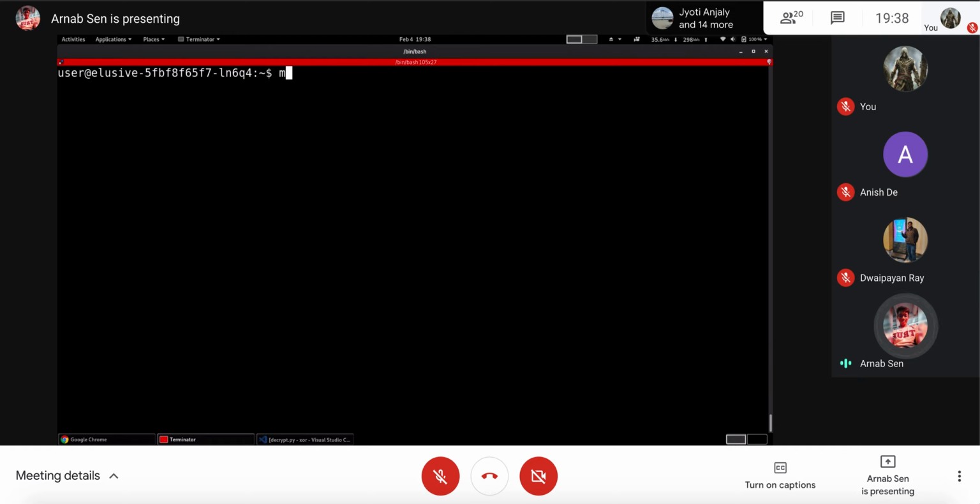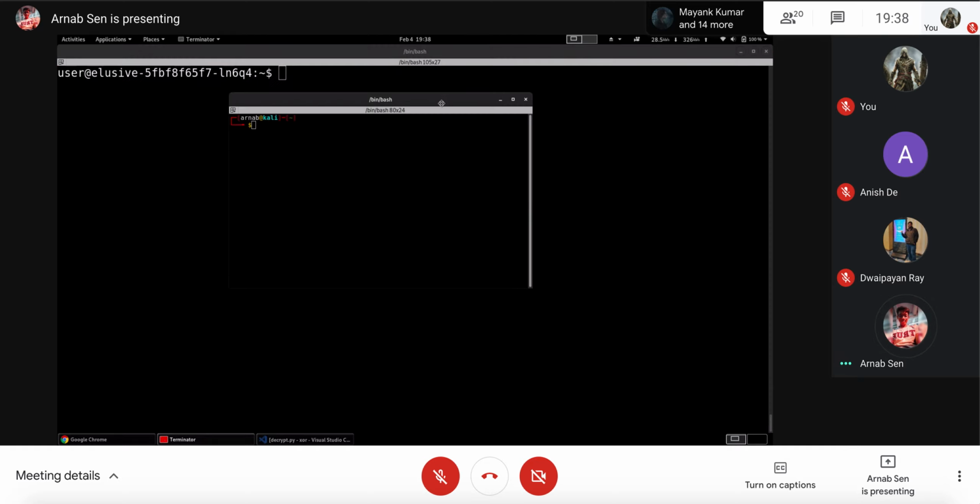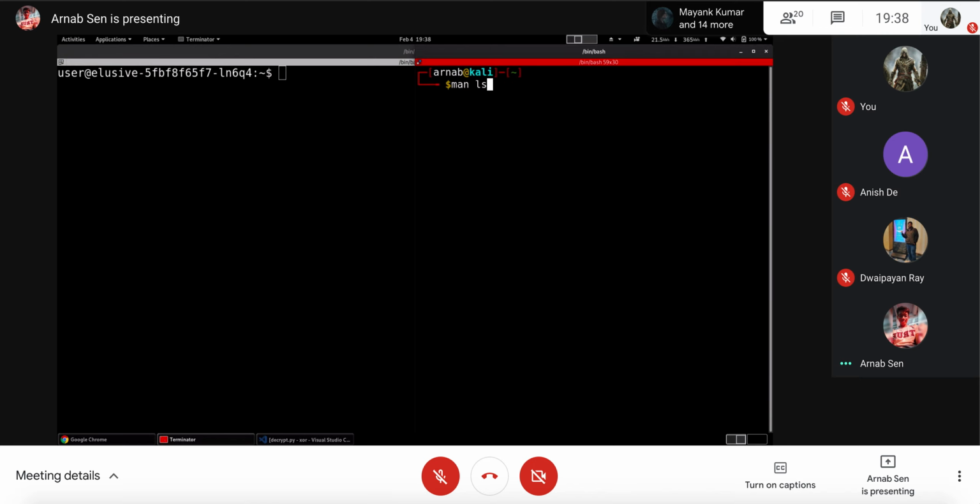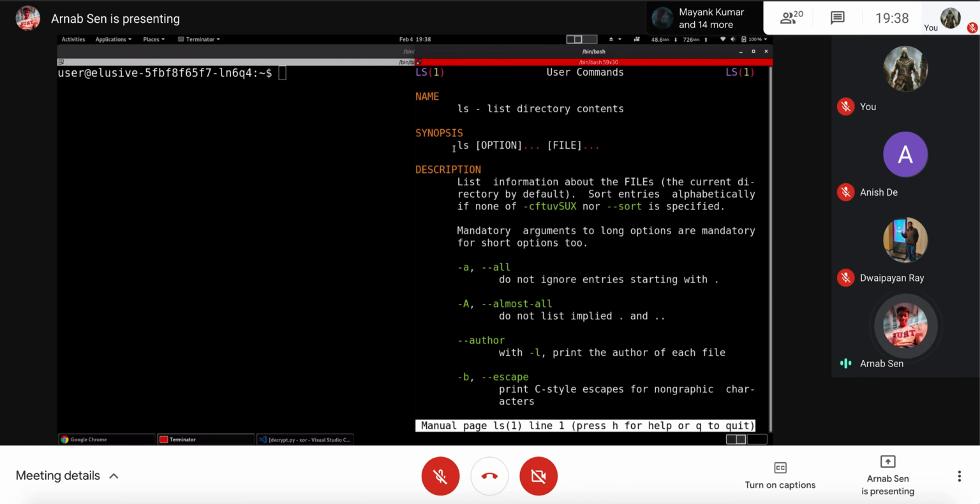So let me show you the man page of this command. The man is not found. Lol. You should always refer to the man page if you're stuck on a Linux command. They are much more verbose than any other resource you will find online. I think you will find Linux man pages online as well.